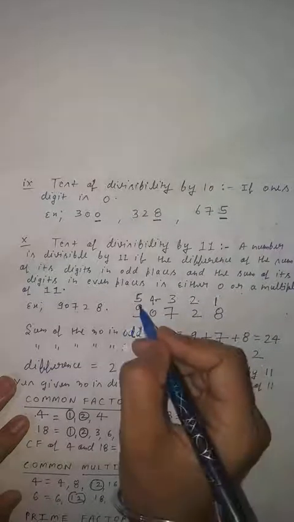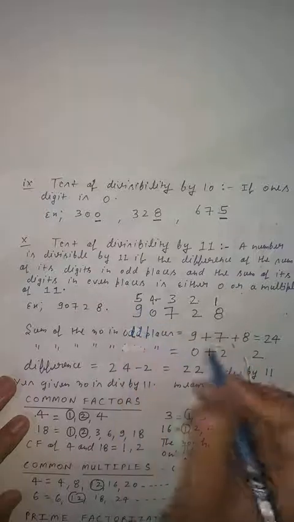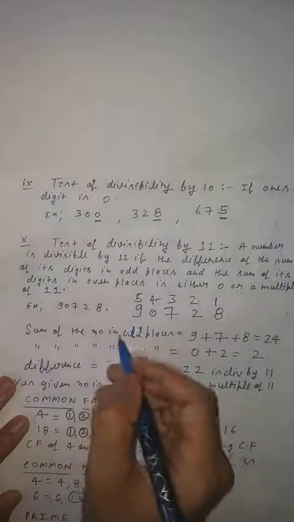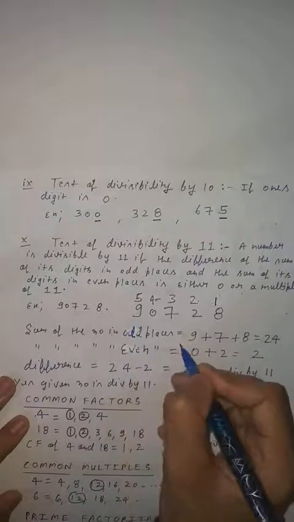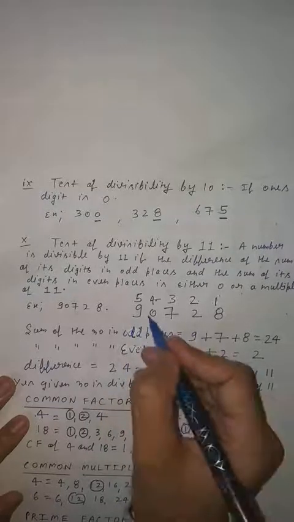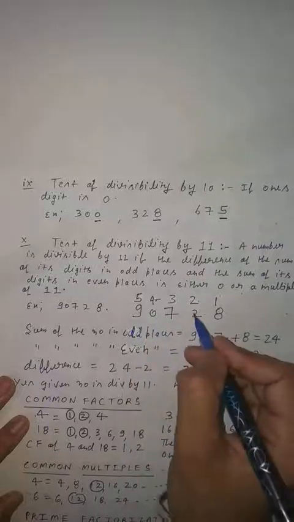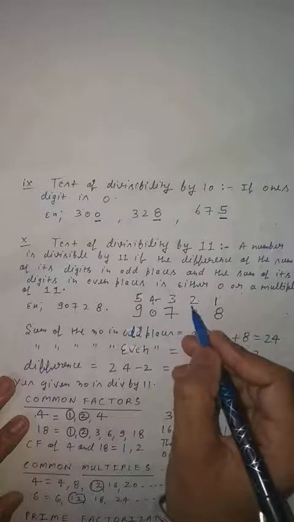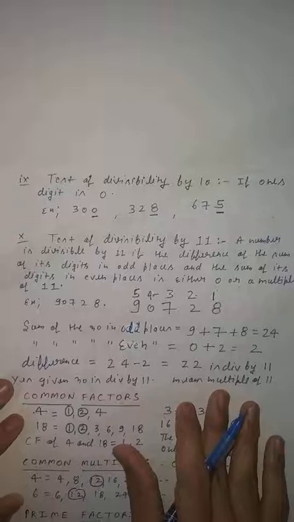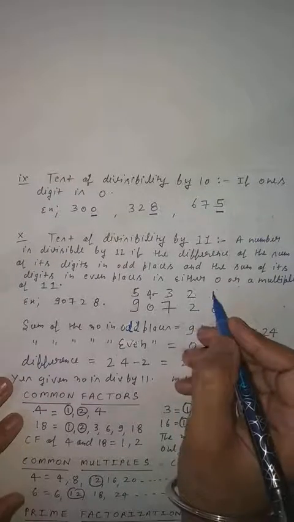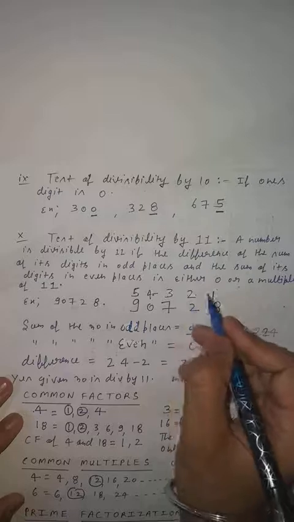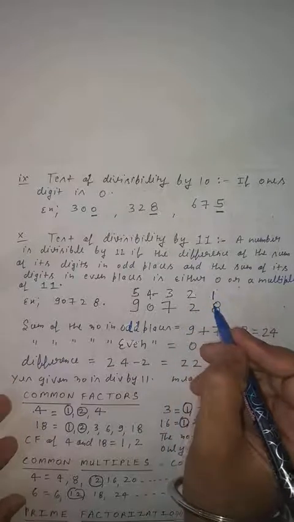So put 7. And the third odd place is 5, total 9. Clear, students? So 24. And this is what? Even. So even places, you can check. Even is 4 and 0. And another even is 2 and 2. And the difference, as you know, is 22. So all is correct. Only you have to remember that when you are going to do the marking, you have to start from the ones place. So students, thank you.